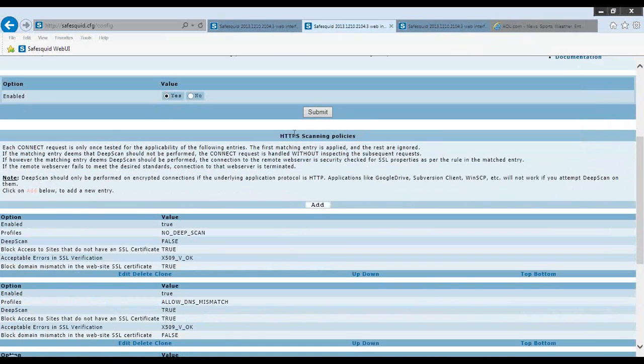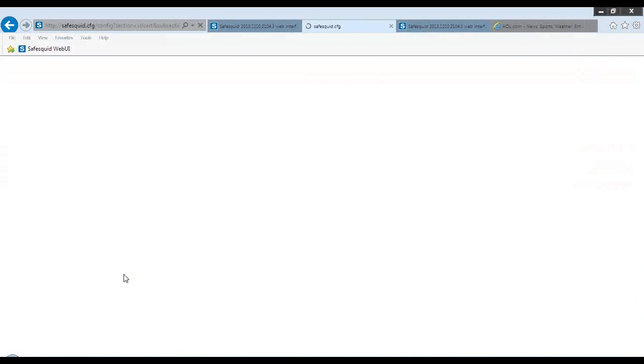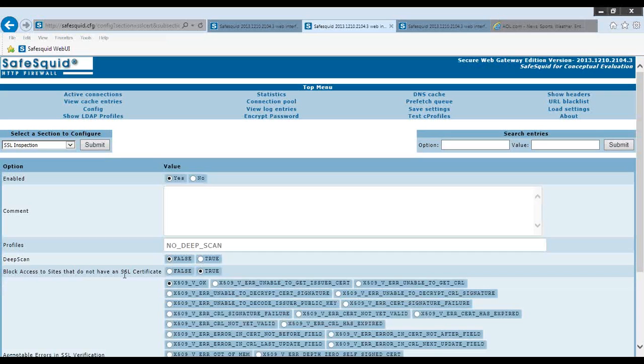What we have done for HTTPS scanning here is given you options so that you can actually look at SafeSquid's policy making in a manner that you can actually decide what to scan inside the HTTPS, what not to scan inside the HTTPS.